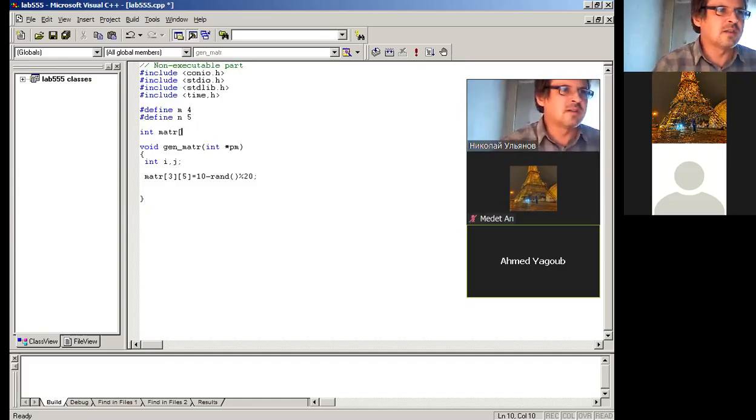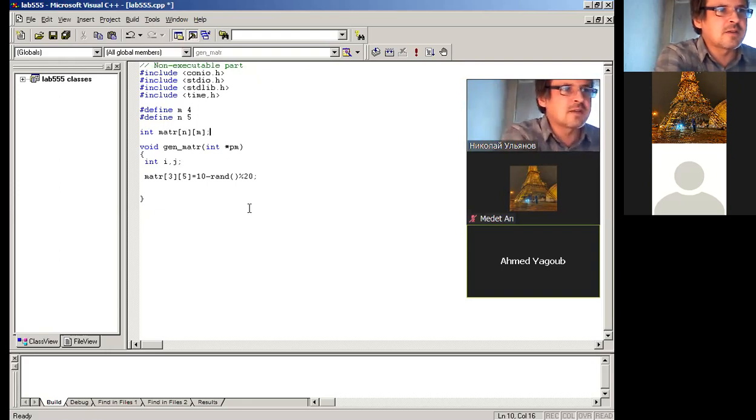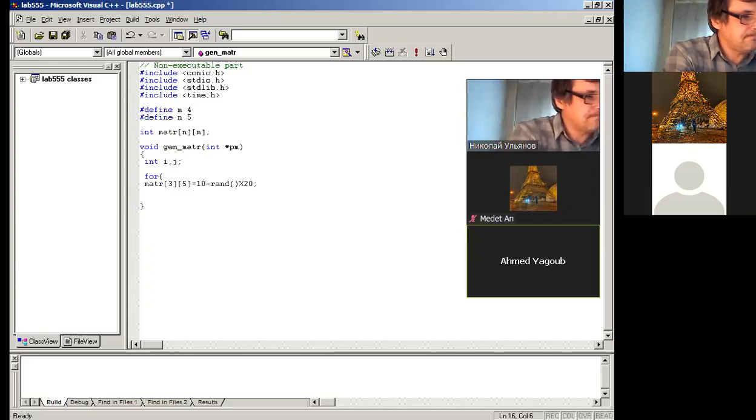So 4 columns and 5 columns and 4 lines. So first the number in line, so n and m. So yes, after this we can use it. For example, we can use the cycle for. So the external cycle will be